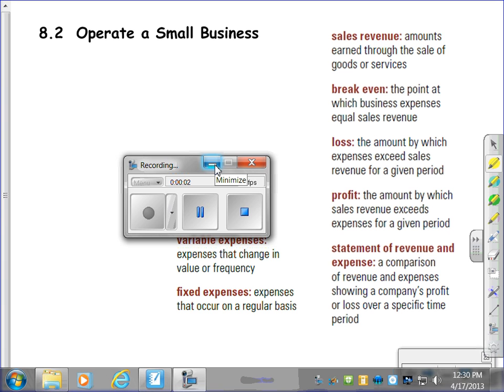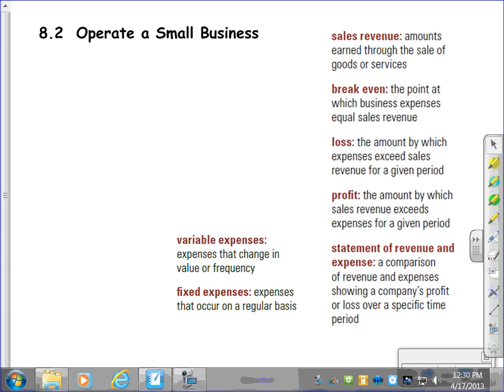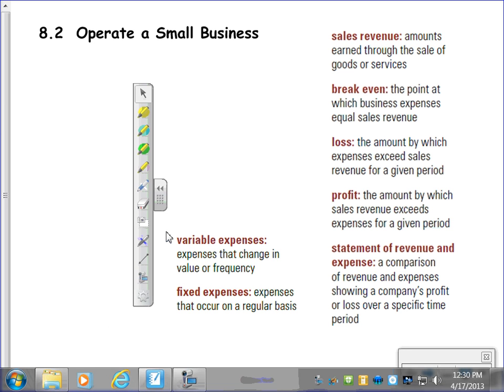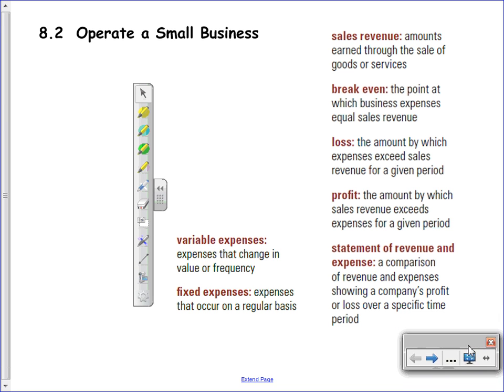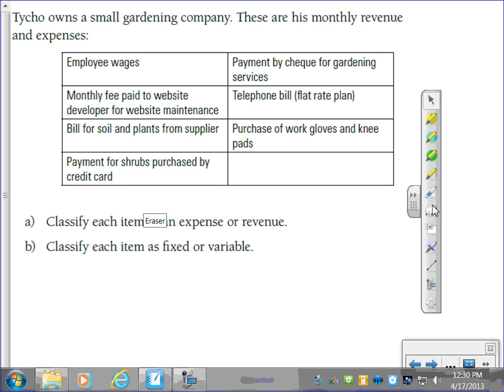All right, welcome to the second last lesson of Workplace and Apprenticeship 30, which is continuing to look into owning and operating a small business. And you can see here there are a number of definitions on this page that you're going to want to write down. And really the definitions come up in the questions and the information that you're going to need to